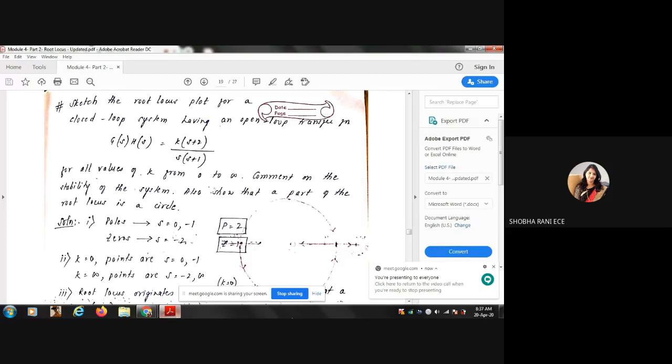So this was the last problem that we did yesterday. The question was like this: you had G(s)H(s) as K into (s plus 2) by s into (s plus 1). So when we did the usual procedure and when we saw